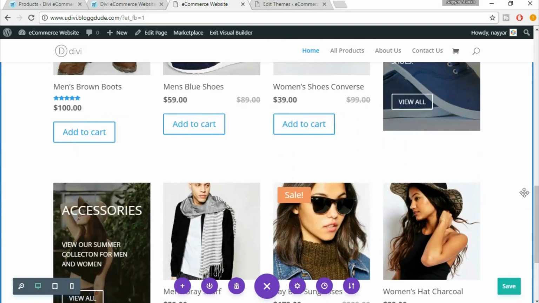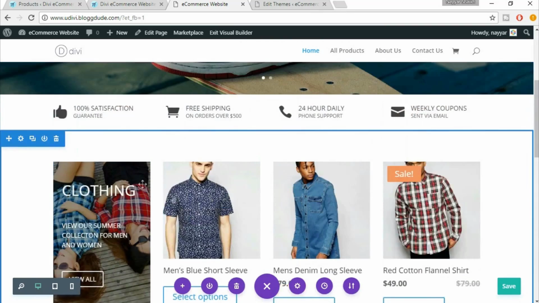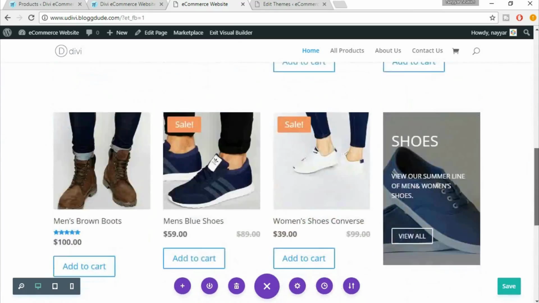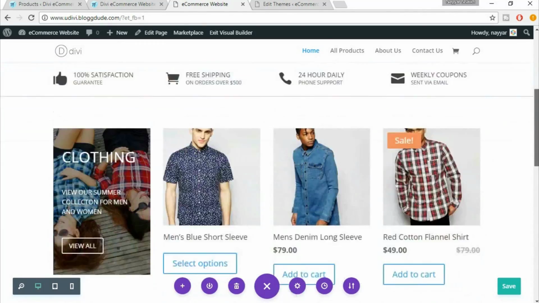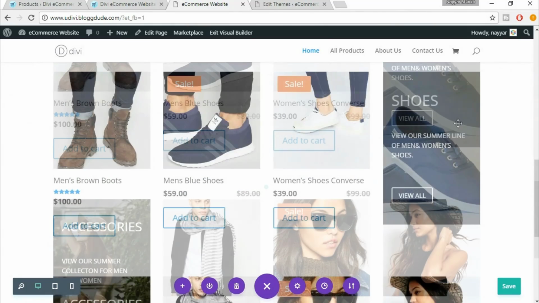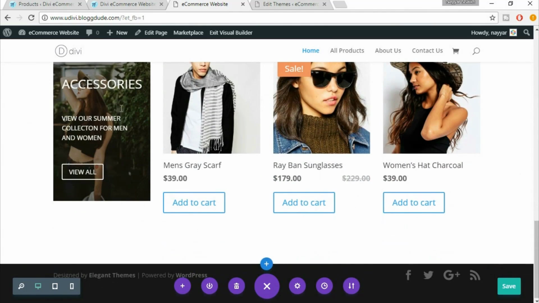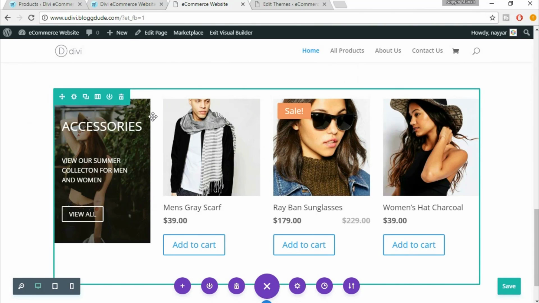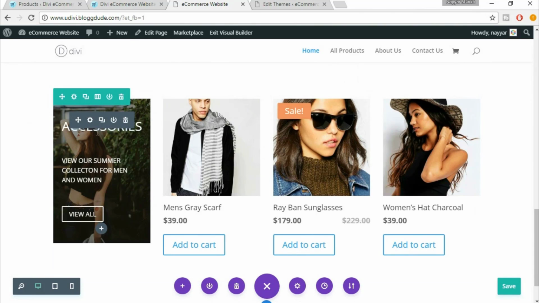So if you have noticed, using this copy feature, we have saved a lot of time and we have successfully made the very important section, which was the product section. And as you see, using your creativity, you can make so many beautiful things like this. We didn't have to use any Corel or Photoshop to make images like this. We just used a background image and we put some title and subtitle and a call to action button, and